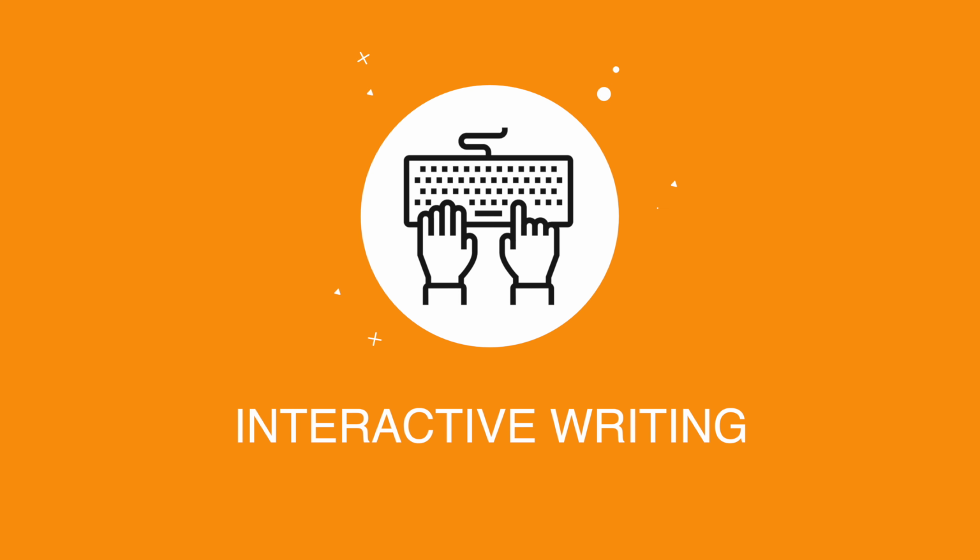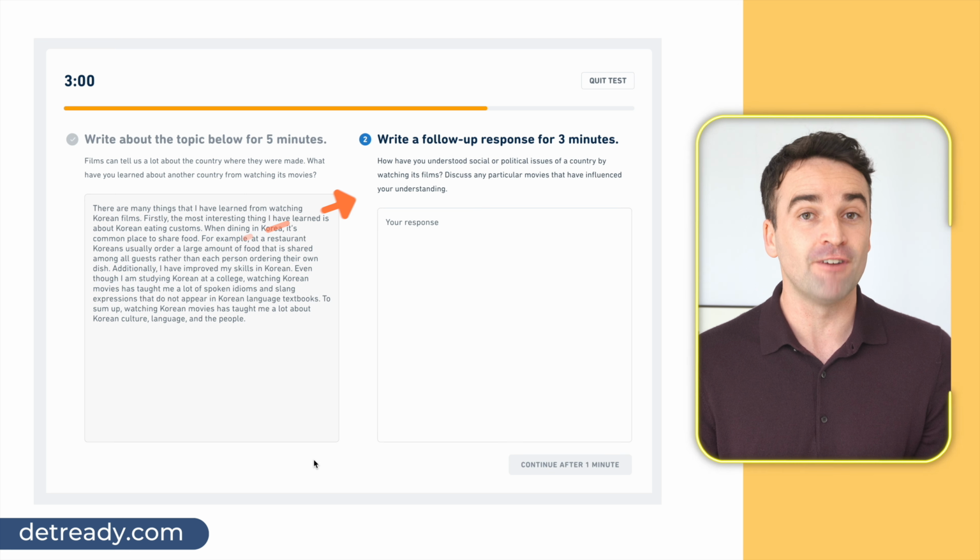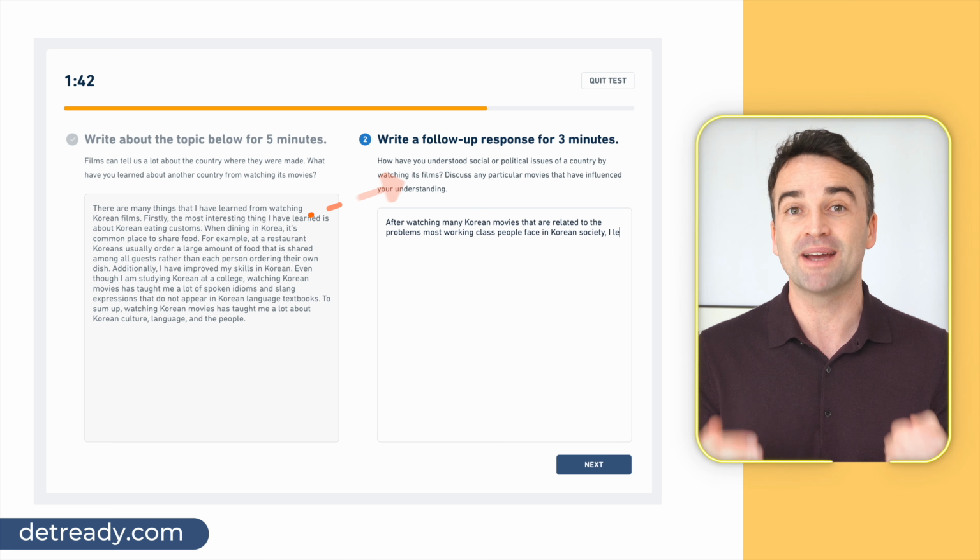Okay then, let's start with the most important change, in my opinion, and that is that the read then write question type is going to be replaced by a brand new interactive writing question, and it looks like this on the test. First, you read a prompt and write your answer within 5 minutes, just like you've always done. But what's new is that after you've written your first answer, you will be given a follow-up prompt with an additional 3 minutes to expand on your answer. The follow-up prompt will be on the same topic as the original prompt, but it will allow you to dive deeper and elaborate on your ideas.